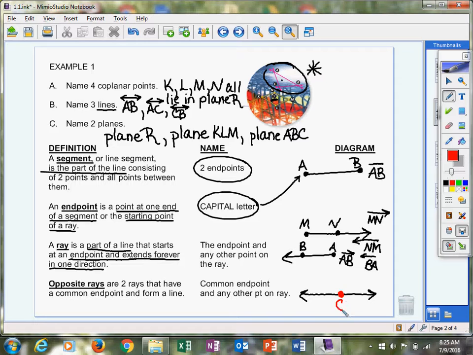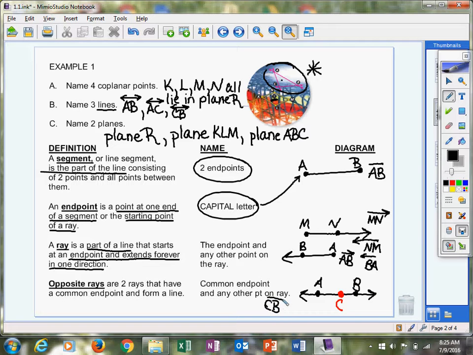let's call that C. I'm going to switch back colors again. And then we've got A, and then we've got B. These are opposite rays. Even though you see a straight line and you're like, well, I would call that line AB or line CB or line CA or AC, whatever. Actually, this is technically opposite rays, and you could call this